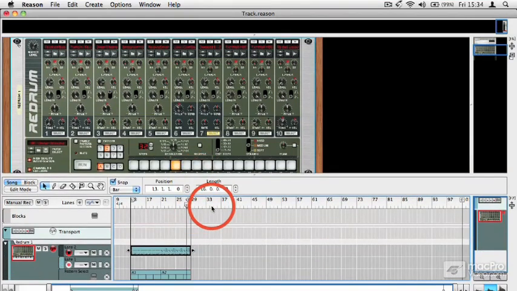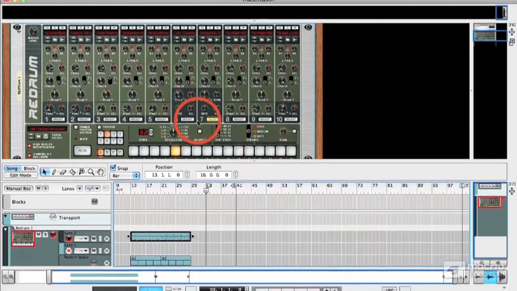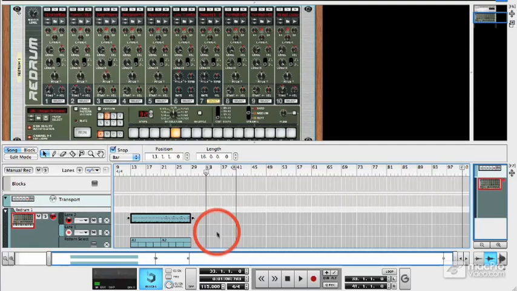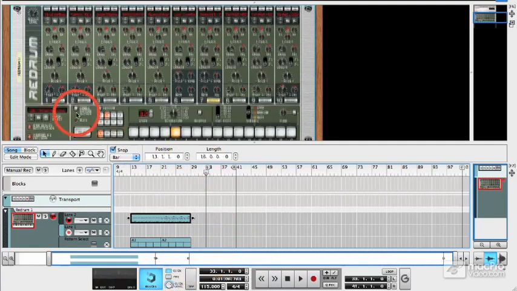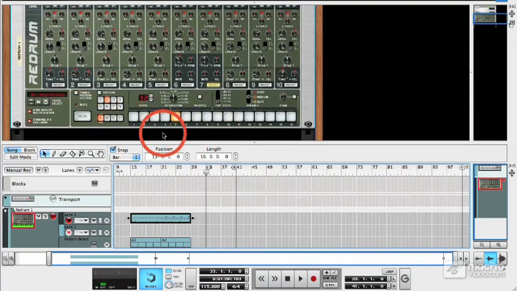Of course, the other really obvious way you could program a beat, if I just set the left and right locators there, is to just play it in by hand from a MIDI keyboard. You could forget all that if you wanted, and you can just play it in. So if I switch on a click and get my keyboard going, wind it back to before the start,